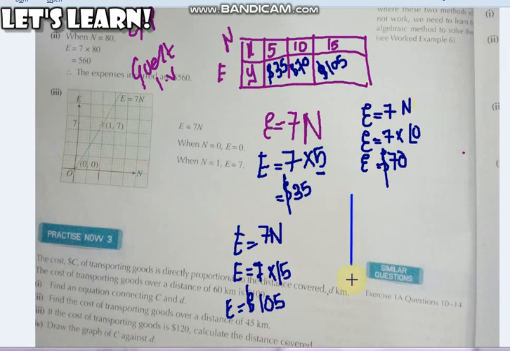So now after I get my data over here, I will be drawing my x and my y axis. This is my y axis, this is my x axis on a graph paper. So you have to put the arrows down here. This is my x, that's my y, and then you'll be labeling